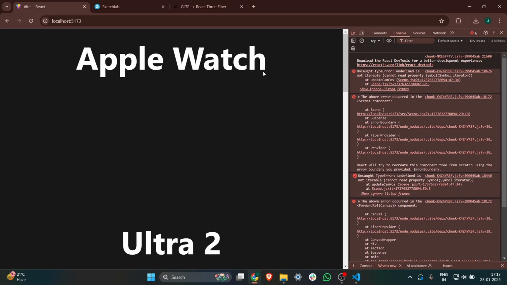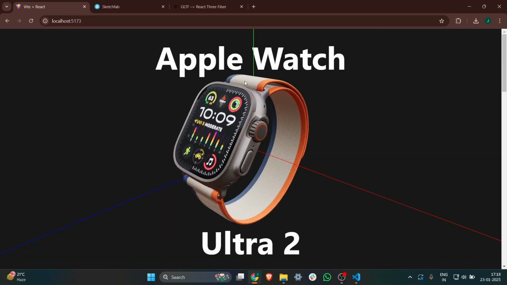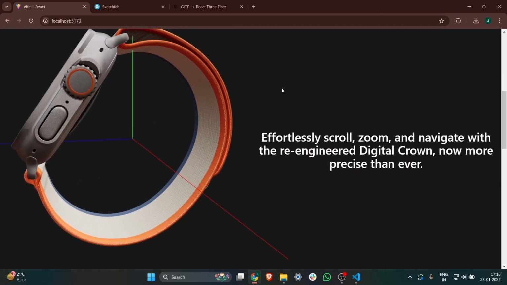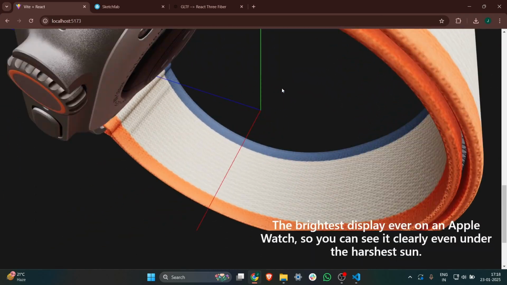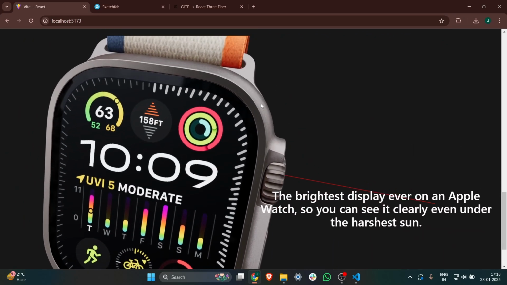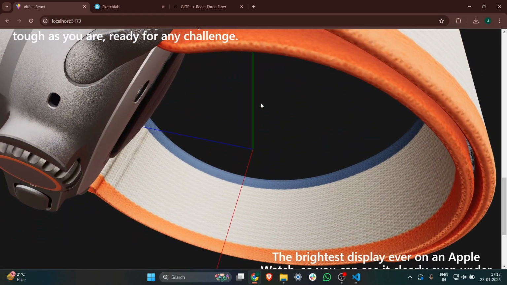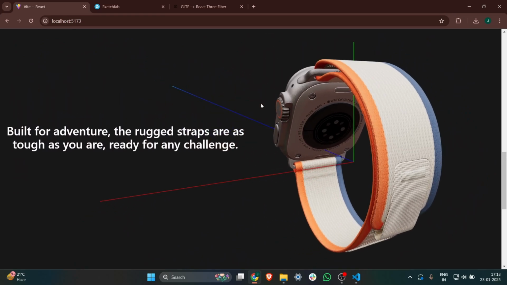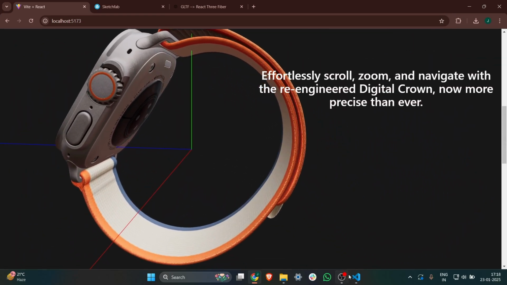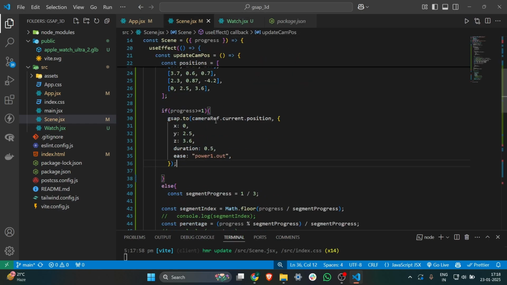Let's reload it and test it one more time to see if it is working or not. So let's come down over here, and yep, you can see over here, now we have reached the end and it is not giving any error. So yeah guys, I think that's it. And you can see how cool it is looking. You can add it in your portfolio or something, it will look very nice. And let's also remove this axis from over here, in the scene,